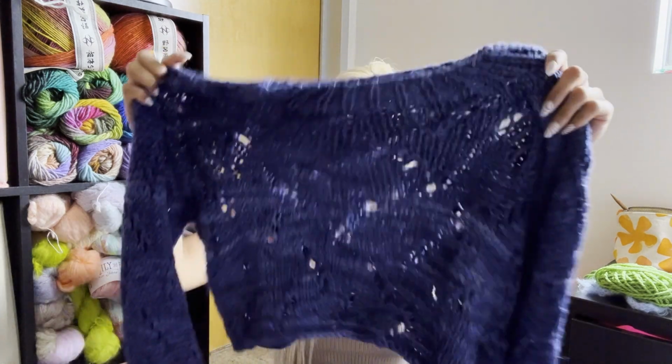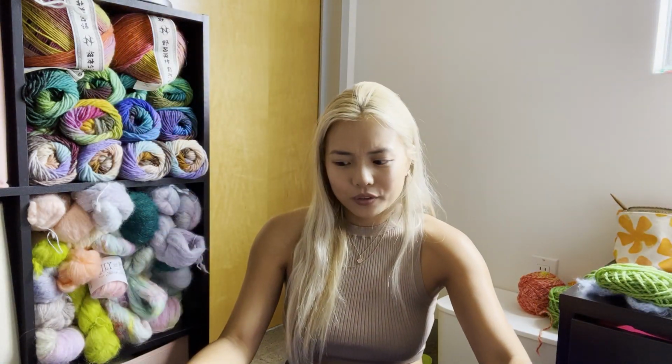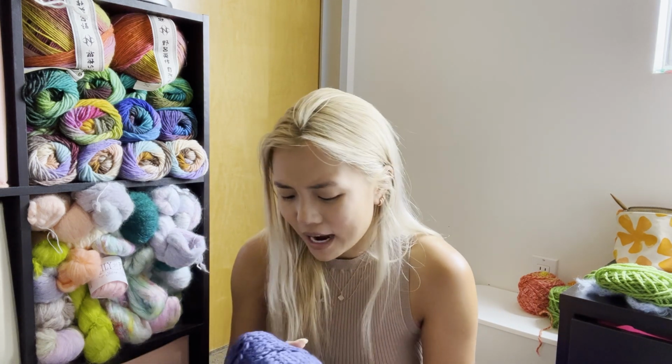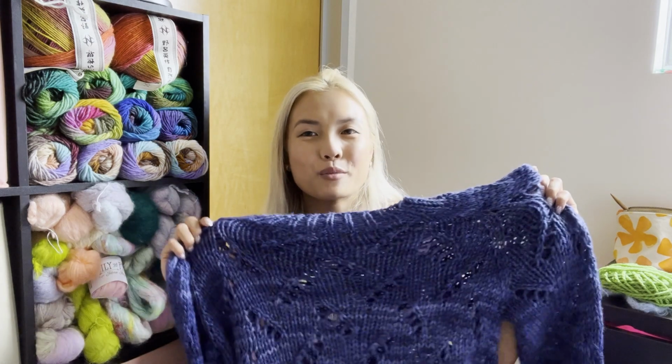But I'm excited to try this one on once it's actually dry. I'll try it on really quickly and hopefully it won't stretch out too much, but it's a medium. And the other one that I made was an extra small. But I'm just amazed at how far the yarn goes. This one took 4.5 skeins and it is the medium. And then the extra small was actually less than 4 skeins. So excited for this pattern to drop, and I want to make more, but I might